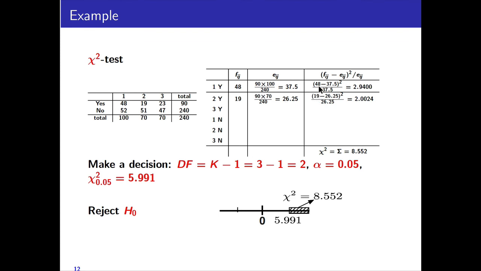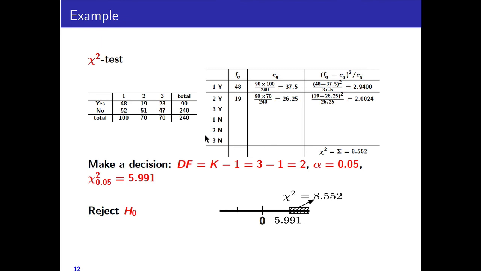To compute fij minus eij squared over eij, it will be 19 minus 26.25 squared over 26.25, which will give us 2.0024. So we do all of them for each cell and sum them up, we will get this test statistic